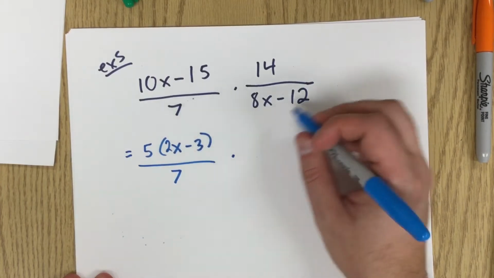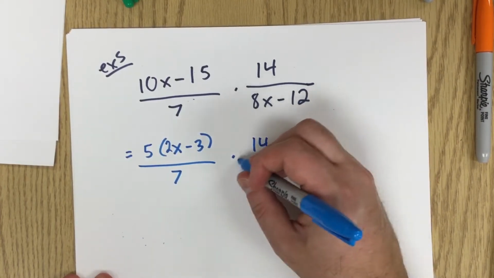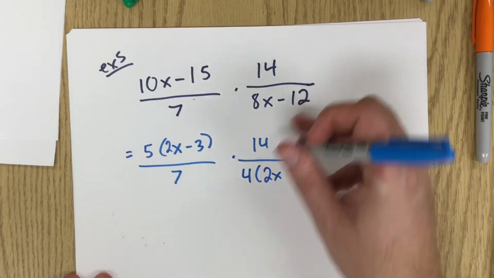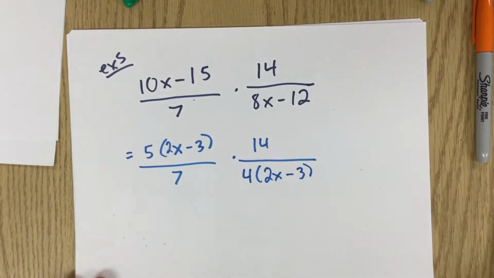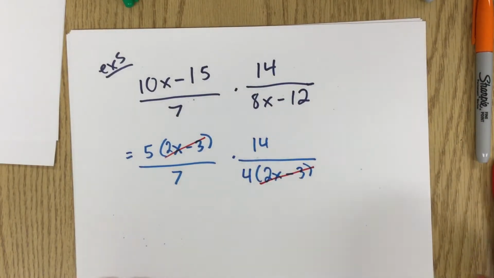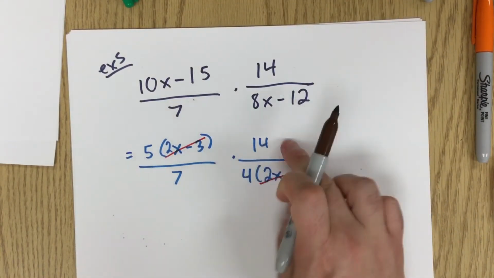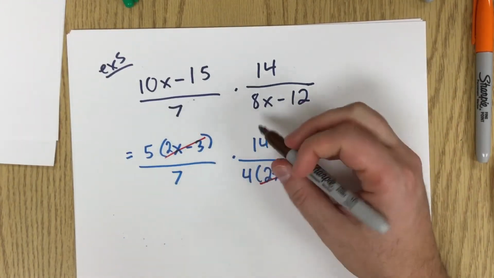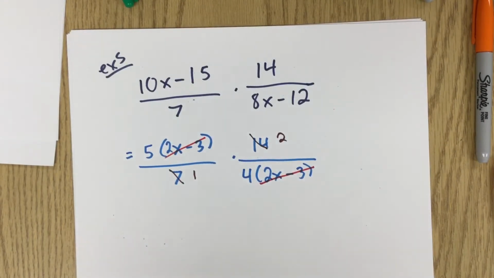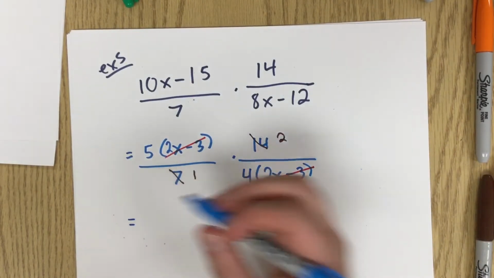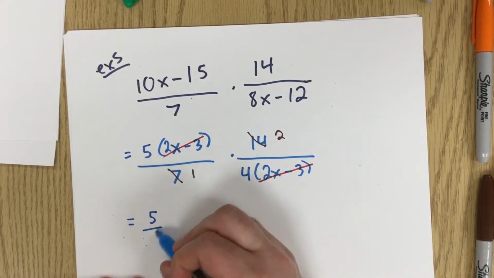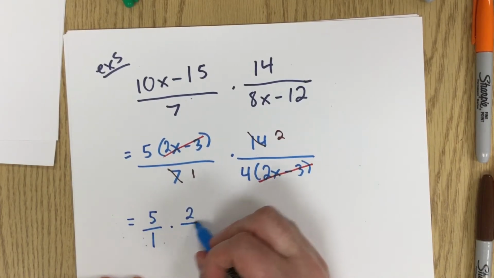over 7 times, so we'll take out a 4 here, so that's going to leave us with 8 divided by 4 is 2, 12 divided by 4 is 3. These guys cancel. These two simplify. We get the kind of pre-reduce. So 14 over 7, dividing both by 7, is the same thing as 2 over 1. And we end up with 5 times 2. So we end up with 5 over 1 times 2 over 4,